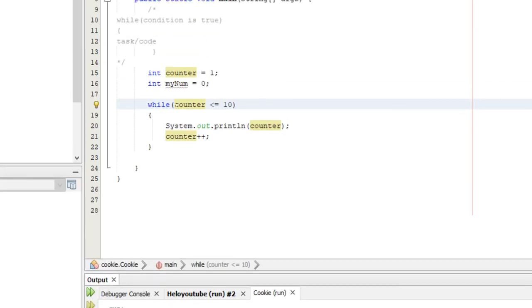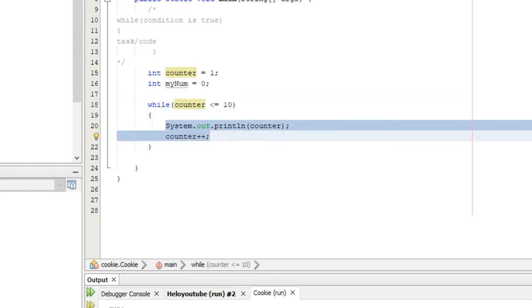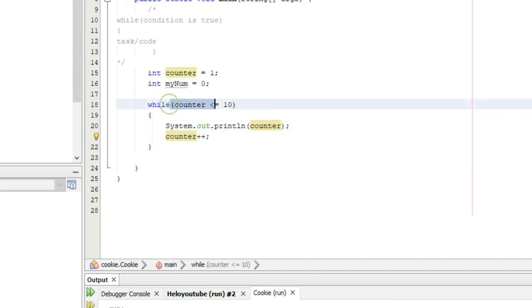So the way that works is we started our while loop. We have a condition, which the syntax for it is you need 2 parentheses and within it a condition that can be tested. So while this is true, go inside of these 2 curly brackets and execute the code within here. And then once it does that, it goes back up here and tests it again. It continues to do that,